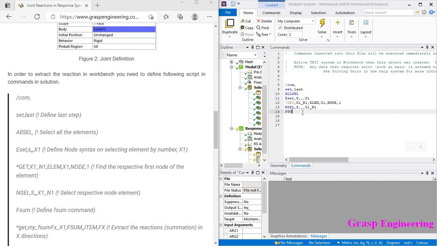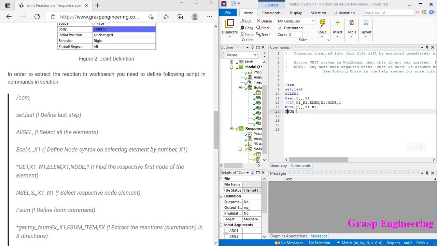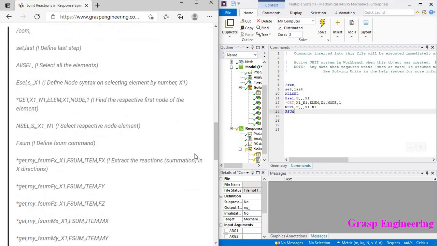So fsum is important because this is the command which does the summation. You can say fsum, f is for your forces and sum for your summation. So this is as simple as that. For moment also you can use the same thing. You just need to define below. Let's go, I will discuss that also.